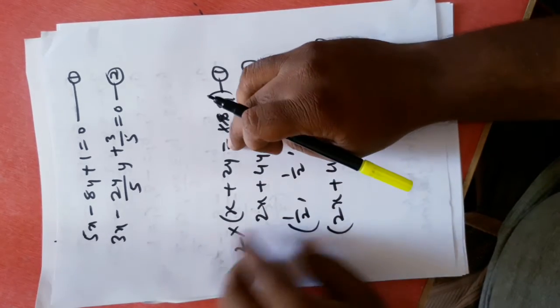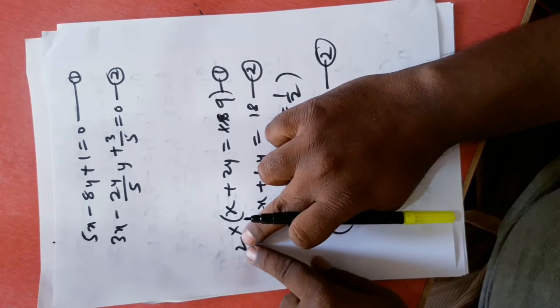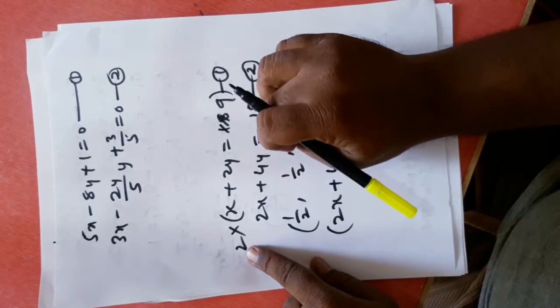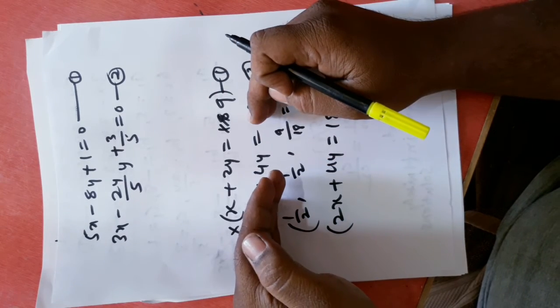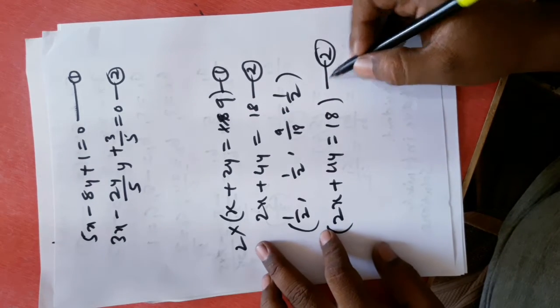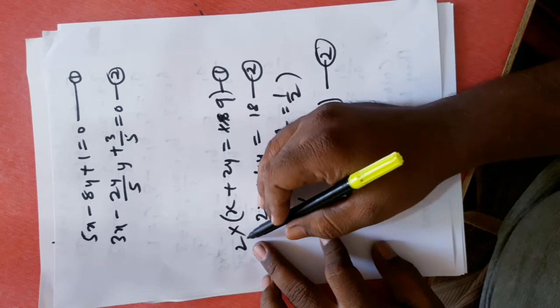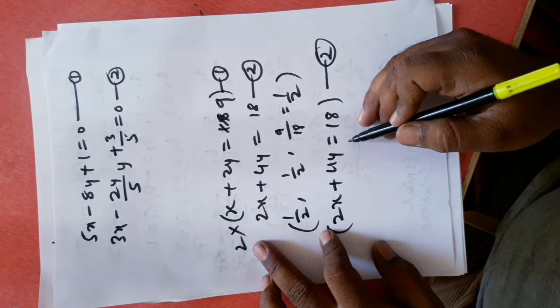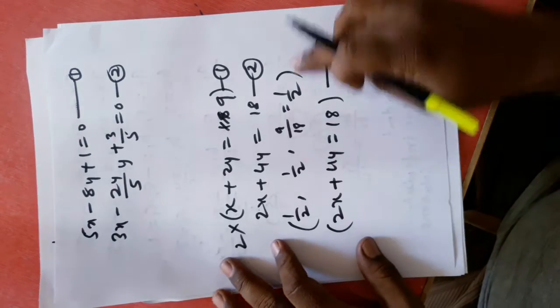If you multiply equation 1 by 2, you will get equation 2. That means on multiplying or dividing one equation by a number, we can get the other equation. Then we say that one equation can be derived from another equation. See how I have derived equation 2? By multiplying equation 1 by 2, I derived equation number 2. They will be in that form also, or you can compare the ratios also.